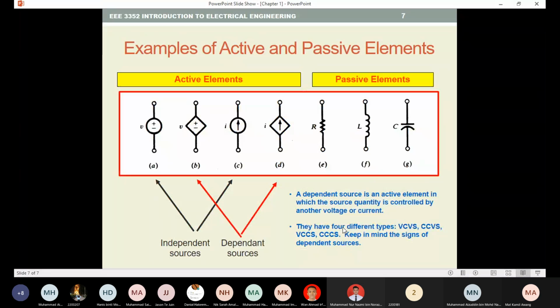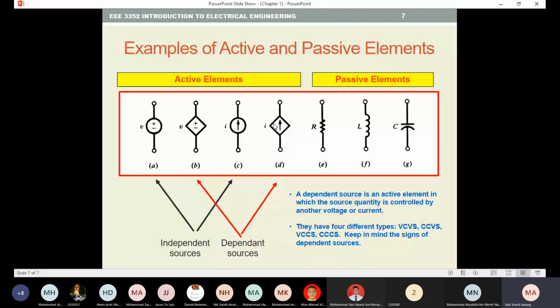Okay. These are the symbols of the elements. If you have a plus minus inside of the circle, there is an independent voltage source. If you have a plus minus inside of the diamond, there is a dependent voltage source. If you have an arrow in a circle, it is an independent current source. An arrow inside of the diamond,